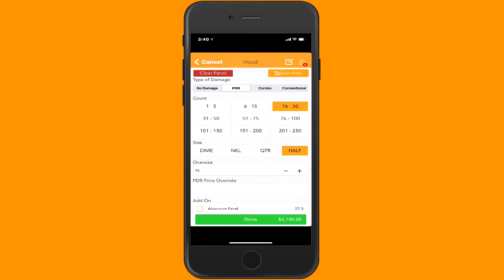Now what it's doing is saying 16 to 30 half size and then 46 oversize, which equals $2,000. Obviously this hood's getting replaced, but I just want to demonstrate how iScan